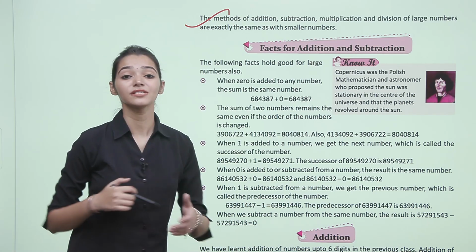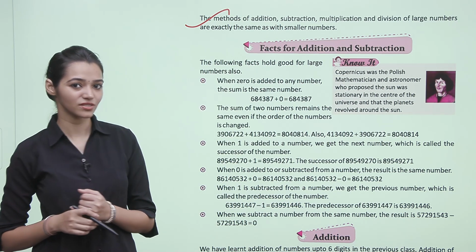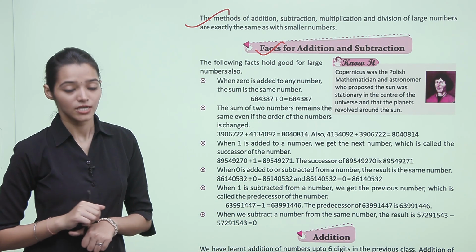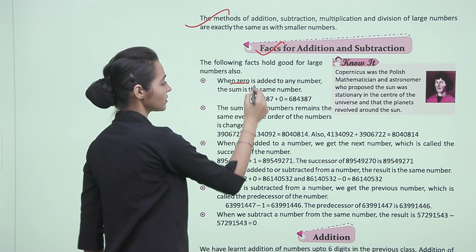Now the methods of addition, subtraction, multiplication and division of large numbers are exactly the same as with smaller numbers. Now let's look at the facts for addition and subtraction. The following facts hold good for large numbers also: when 0 is added to a number, the number is